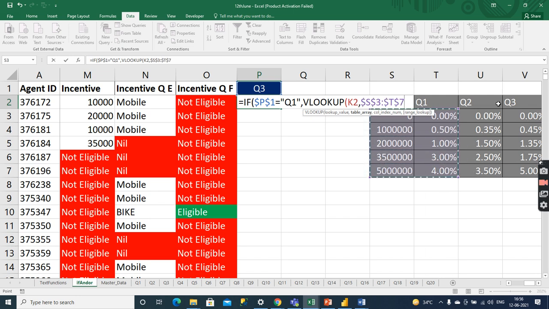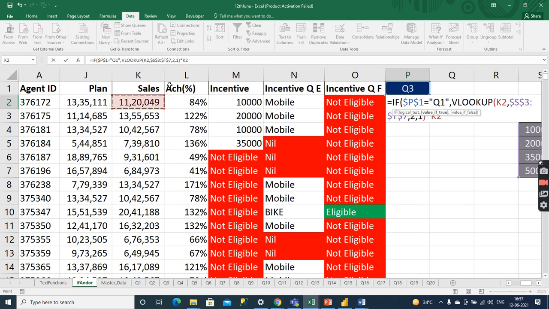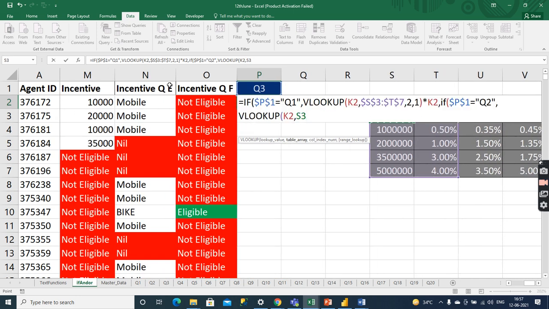That is the approximate match. So this is the method, IF with the VLOOKUP one. This is the thing that we are doing right now. So IF with the VLOOKUP conditions.